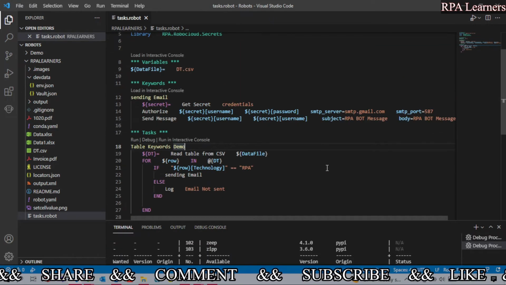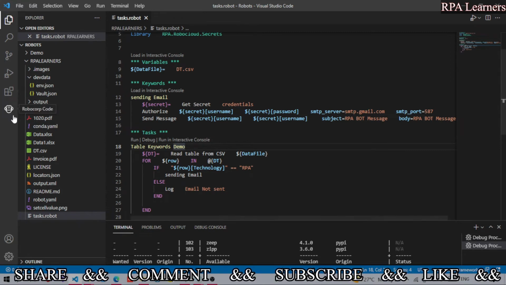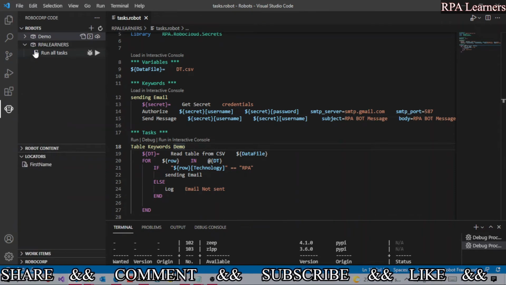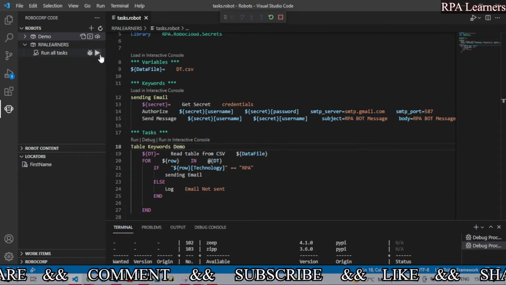And now let's go ahead and execute this and see whether we are able to send this message in Gmail or not. Let's click on run.